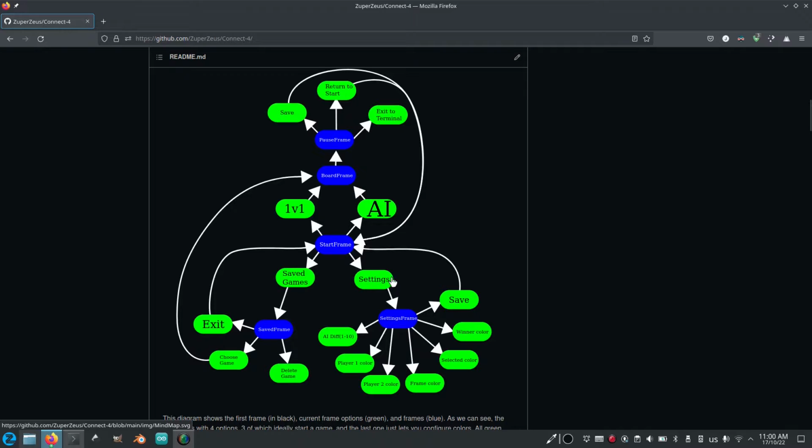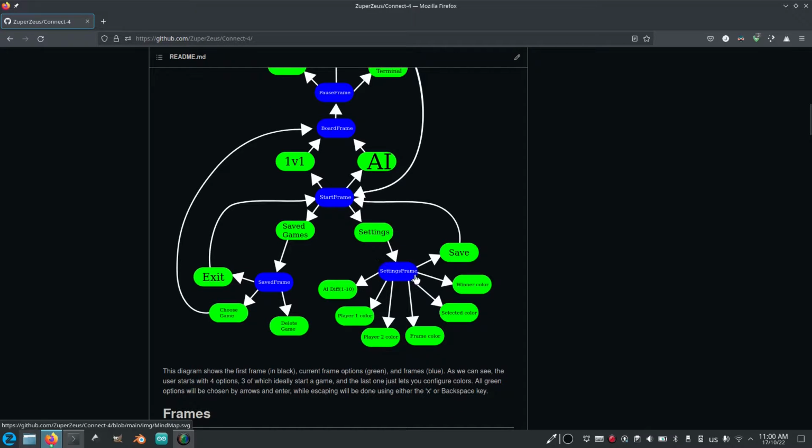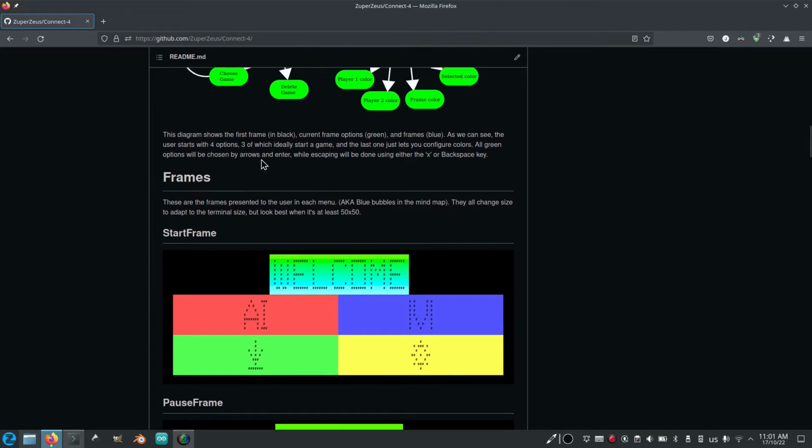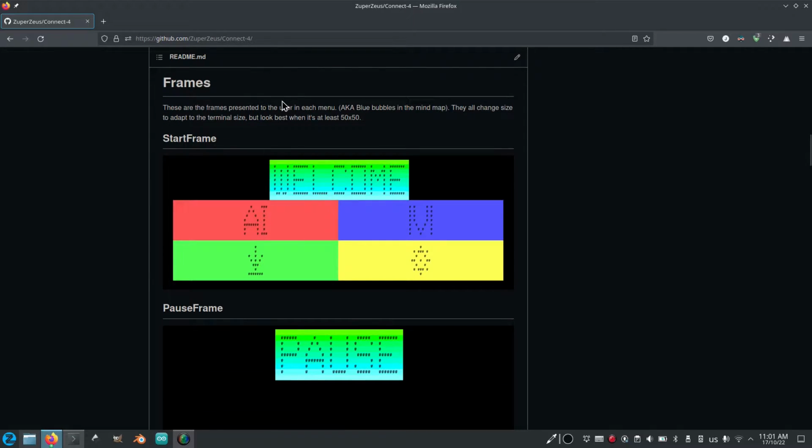And this settings menu will let you choose different colors for the game and the difficulty of the AI you're going to face. And this explains the diagram. These are some of the frames, pictures of the frames. For example, this is start frame. It says welcome, and there's 4 options,